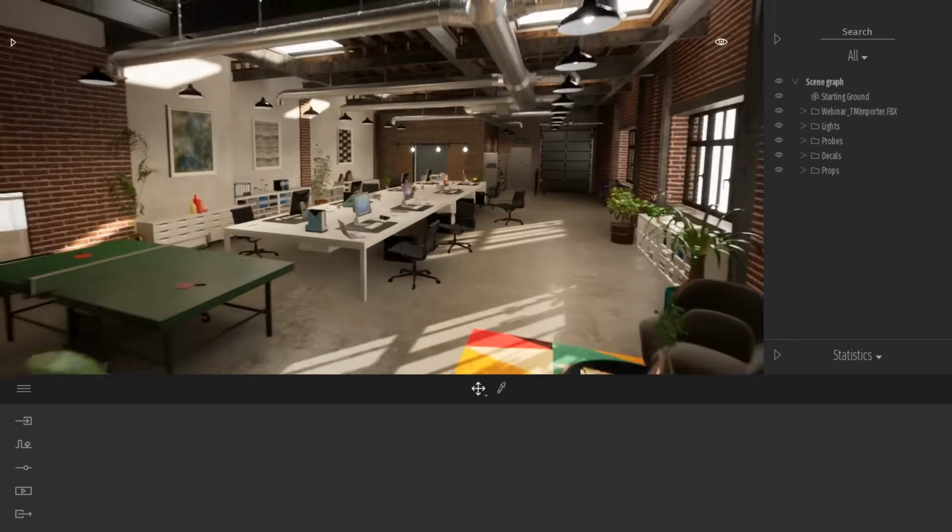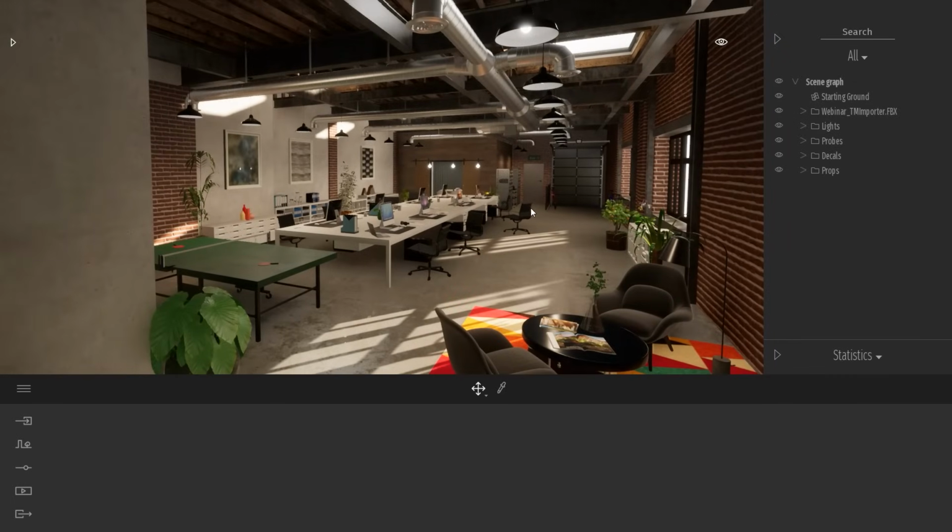So now, the most interesting part will be how we can turn this scene to the next level. Recently, just before the end of 2020, we added on the Unreal Engine Marketplace a new plugin that allows you to open your Twinmotion scene directly in an Unreal project. So let's check that and let's see how you can install those plugins.